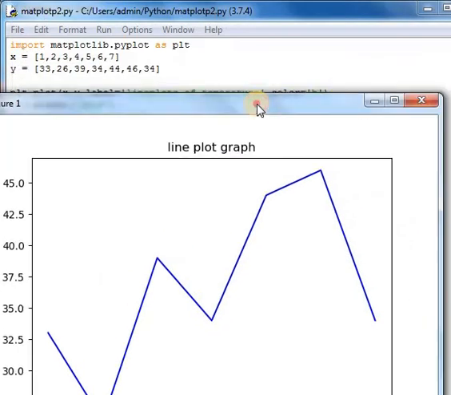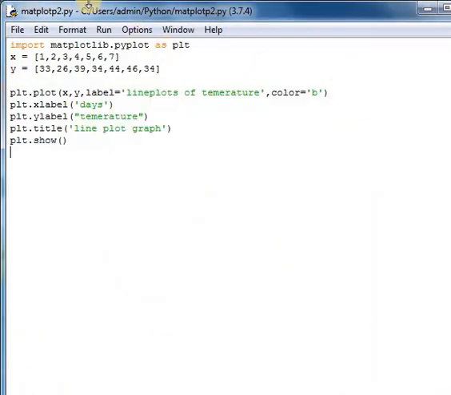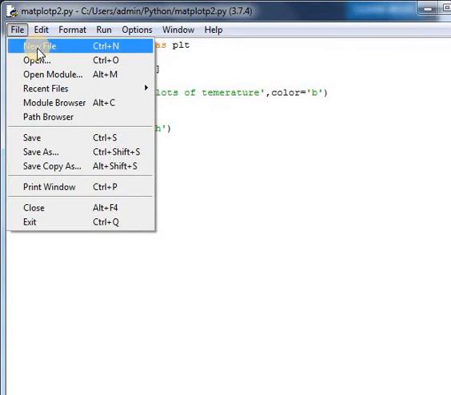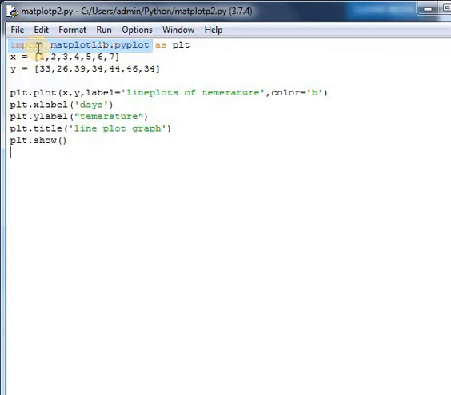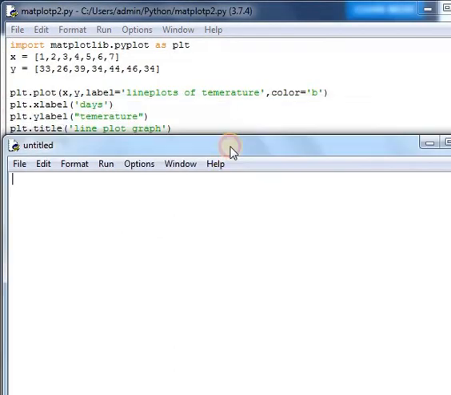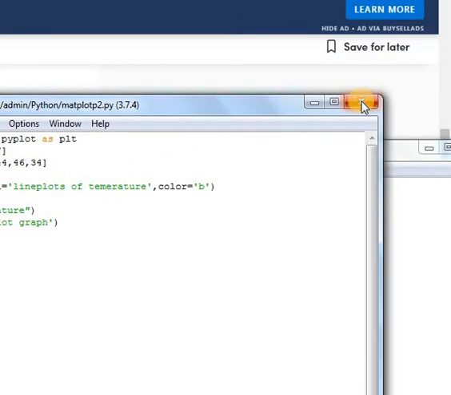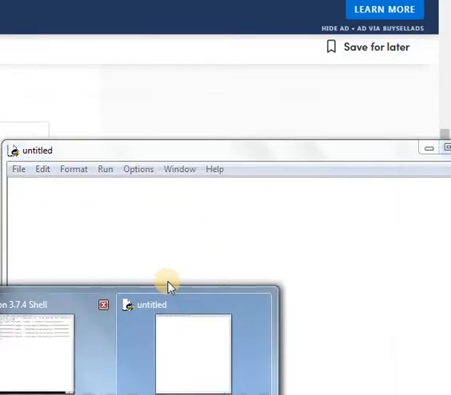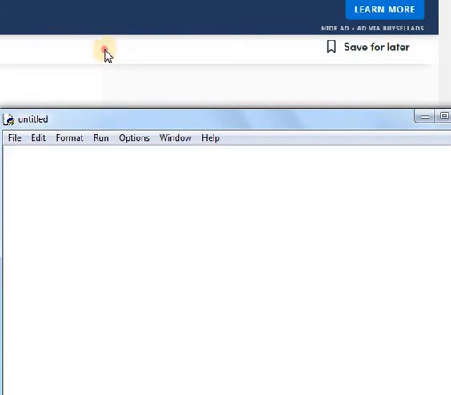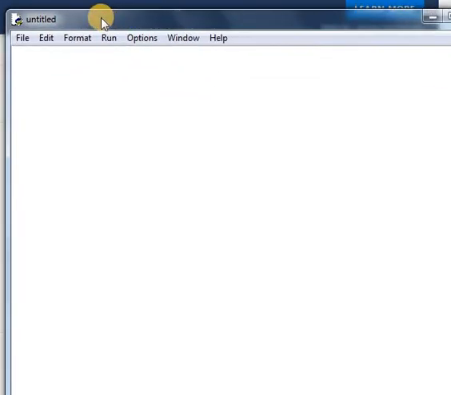For making the second program, click on file, then new file. Here I am making another program. We are creating 2 lines in one program.